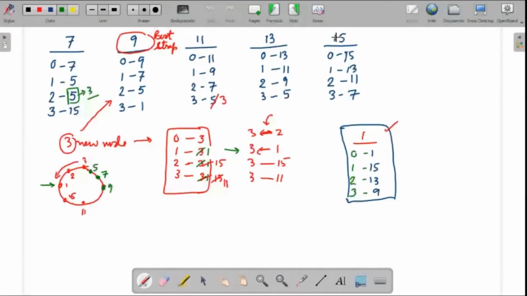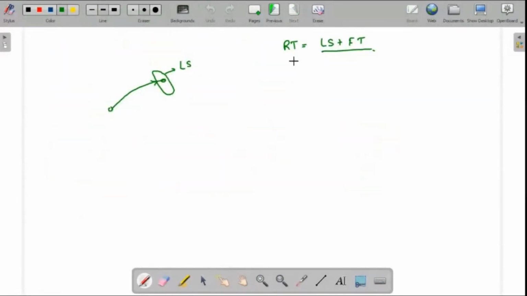And everybody, when a node receives a lot of these tables from others, will not only take care of finger tables being updated, it will also update the leaf sets correspondingly. The moment we do it, we should be able to correct this particular problem. So let's see what will happen if I use the leaf sets. The reason for this is that if I have leaf sets and there is a better pointer, I will start pointing to this. Next time this guy will tell its own leaf set, so I can keep on moving.